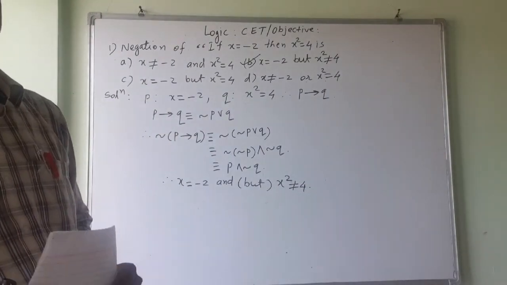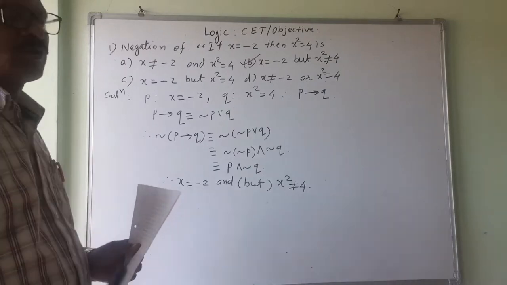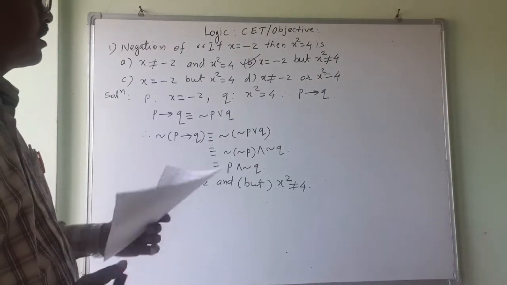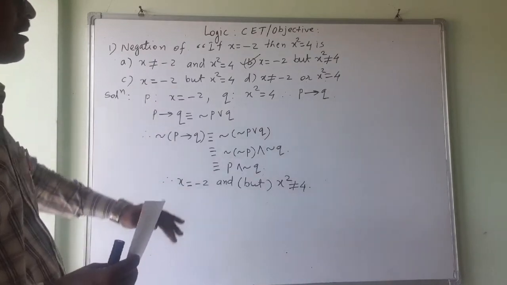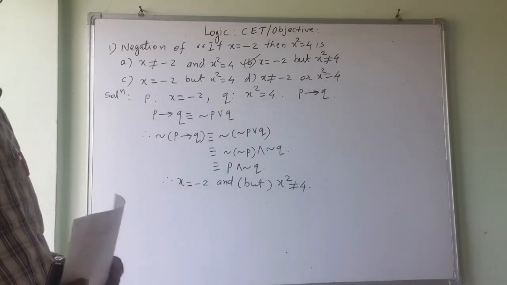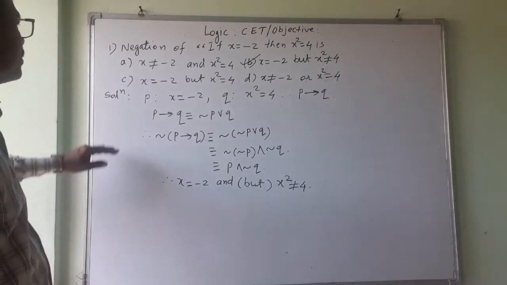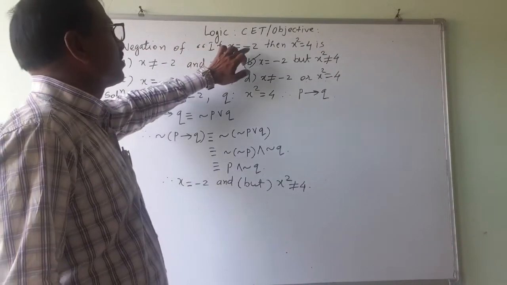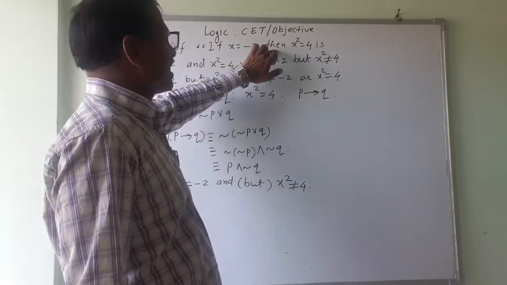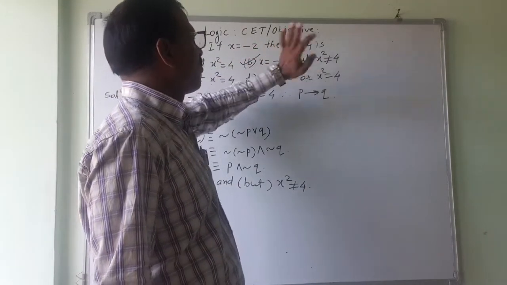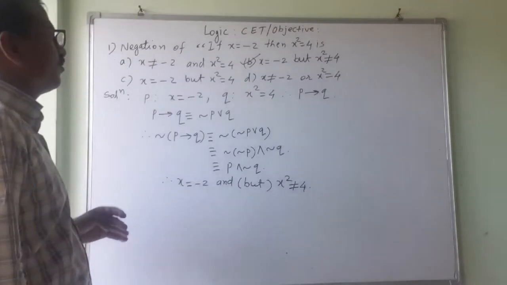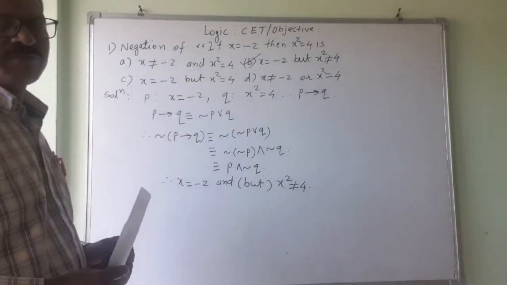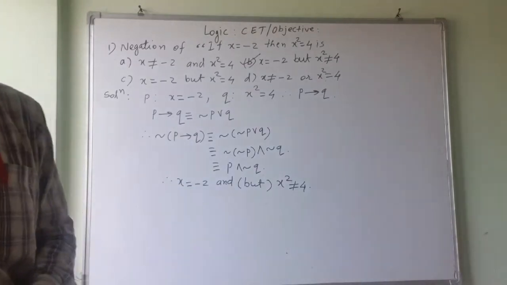Competitive exams are tough because we don't know much of the basics, then it is a problem. So now your basics will be all clear by these sums which now I am going to take. So first question is negation of, if x is equal to minus 2, then x square is equal to 4 is. Which of them is correct? I have tick mark over here, and how it has come that I will explain also.